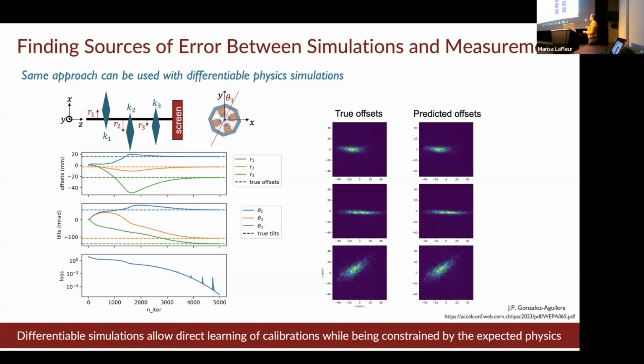And so just using a simple differentiable physics approach, we can look at the measured and predicted output beam images and then backpropagate through the physics simulation to very quickly learn what the likely offsets and tilts and things